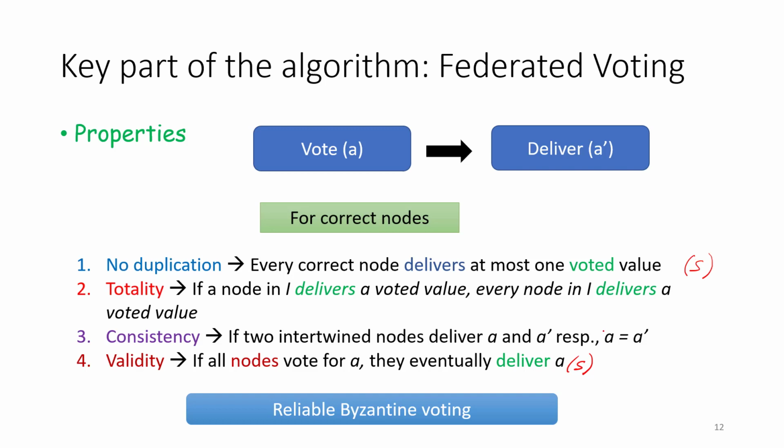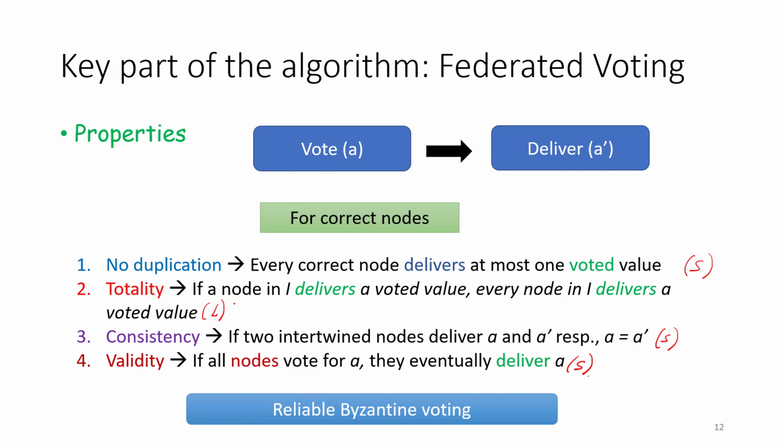So then this was a safety condition. The last one, as we have just seen, is a safety condition. And the third one is also a safety condition, basically because it says that all the intertwined nodes in an intact set, which is all the nodes, deliver the same value. So the liveness condition is basically this: if one node delivers, everybody delivers. That is the only liveness condition.